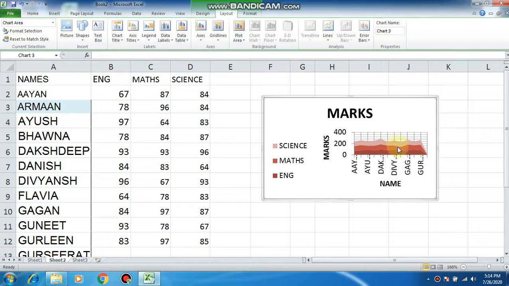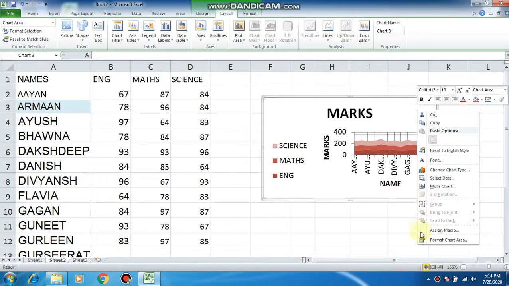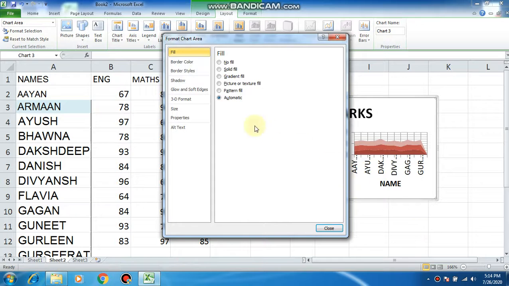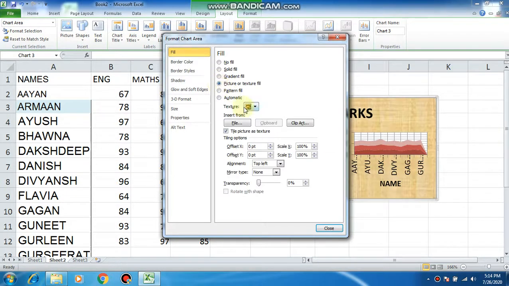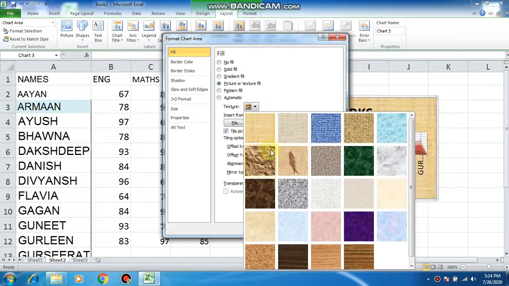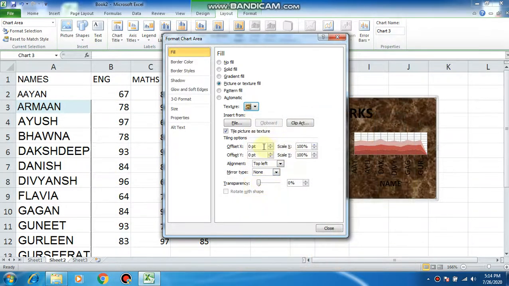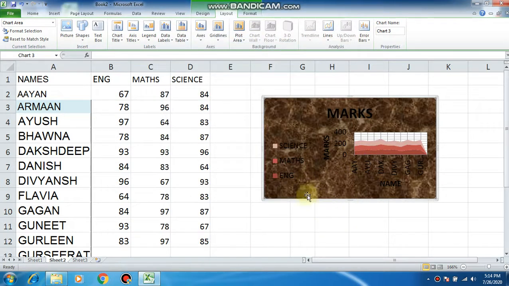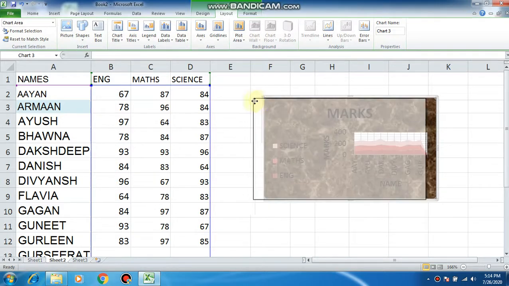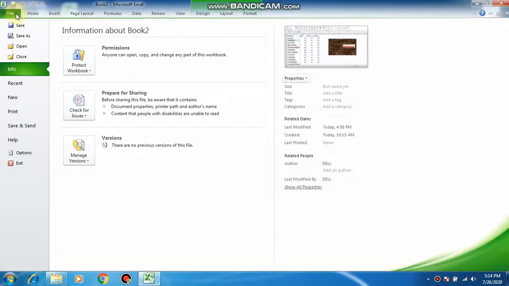Then you can always go to right click on any area. You can go to format chart area, and here you can take up picture or text fill texture, and you can choose the texture whichever you want to fill in the plot area, and then you can choose any picture from any file or any clip art to take it as a background, and you will see that fill in the chart area, in the whole chart area. And whenever you want to print a chart, you will select the chart here, the whole chart. You select the whole chart, and then you go to file, print. This will print the chart for you.